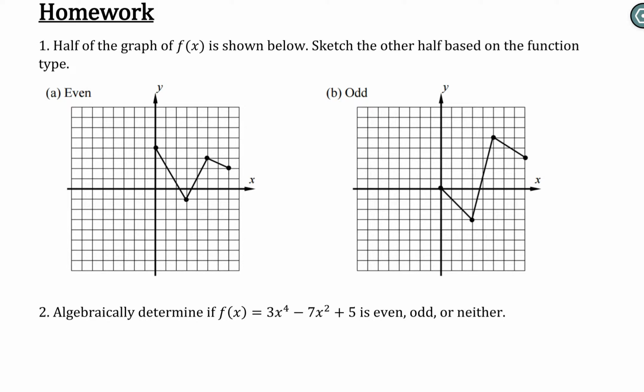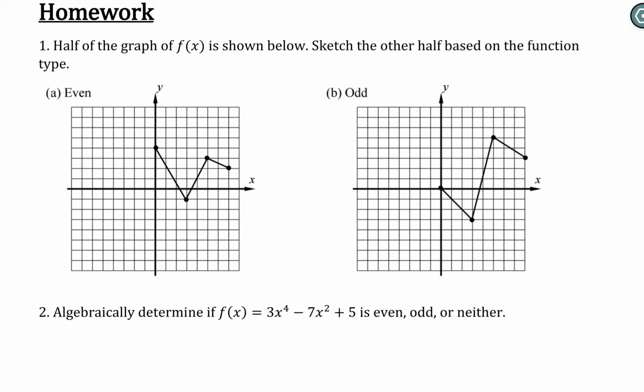So in class we learned about even and odd functions. We learned that there were some things that help us identify which one is which. One of them being if it's an even function, it has line symmetry with regards to the y-axis. If it's an odd function, it has point symmetry or rotational symmetry of 180 degrees about the center. There were other things we could do algebraically, but we'll talk about that later because the first question is